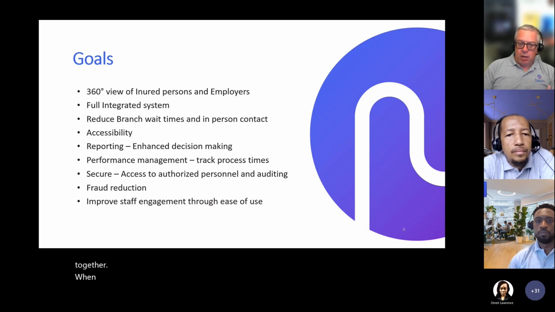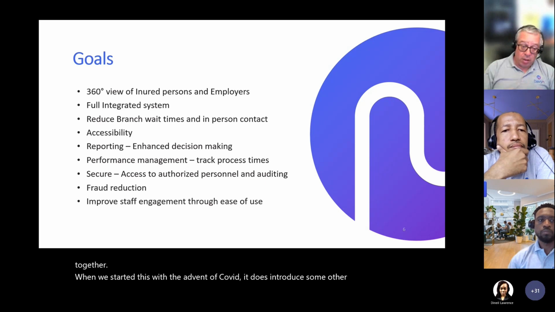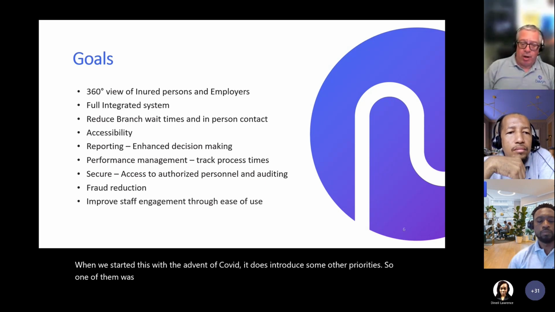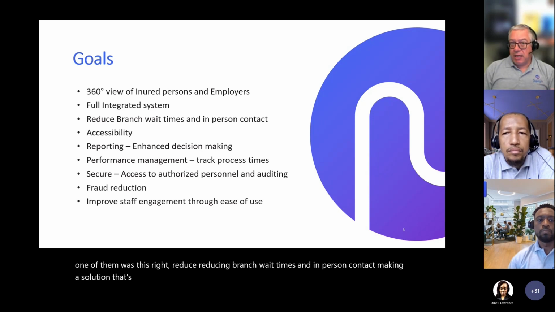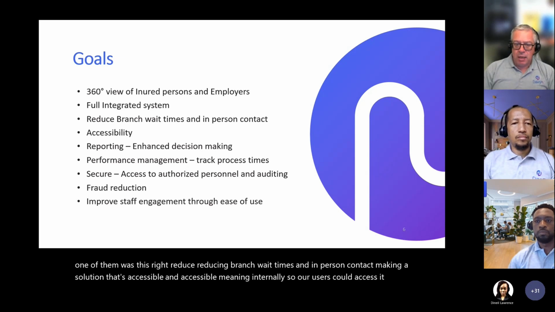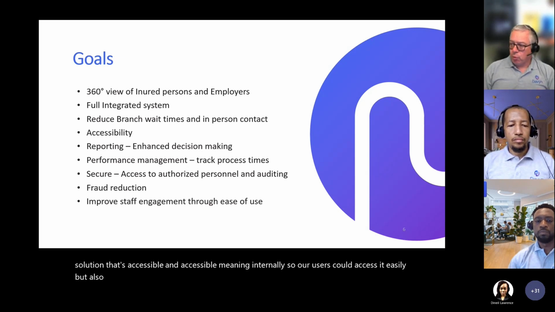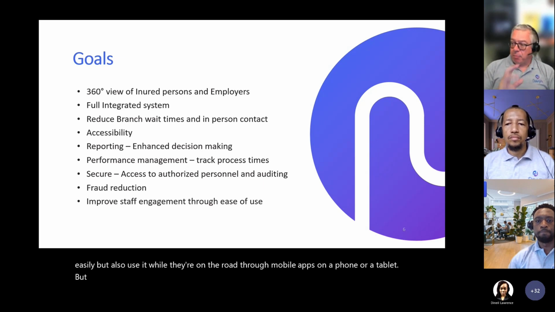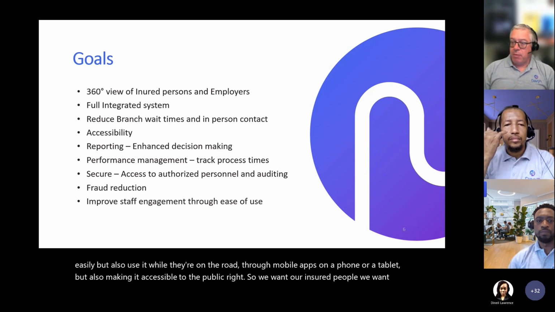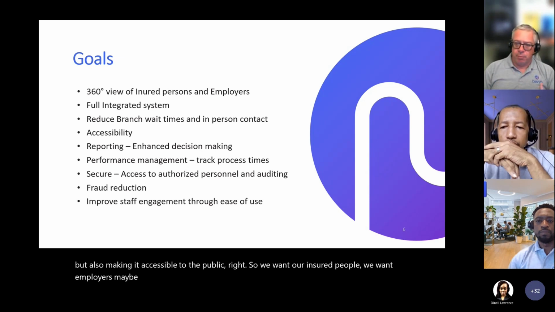When we started this, with the advent of COVID, it did introduce some other priorities. So one of them was this, right? Reducing branch wait times and in-person contact. Making a solution that's accessible, and accessible meaning internally, so our users could access it easily, but also use it while they're on the road through mobile apps on a phone or a tablet, but also making it accessible to the public, right? So we want our insured people, we want employers, maybe healthcare providers, doctors, all being able to